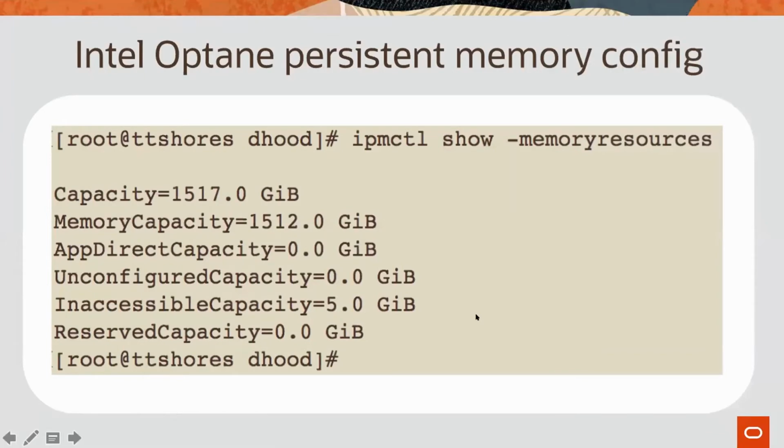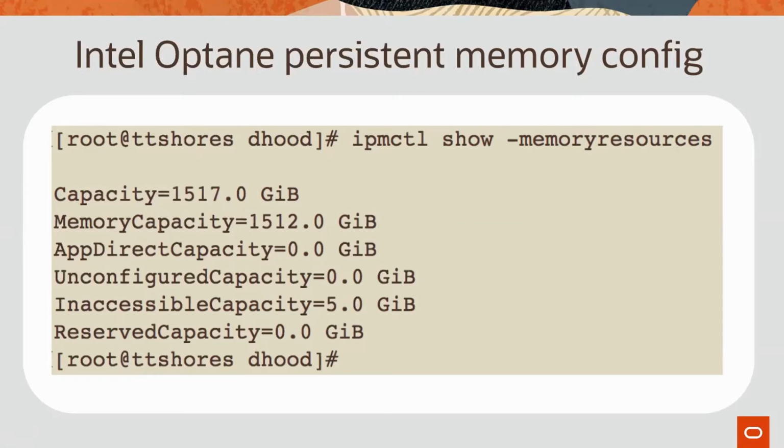So one of the things I learned is, some system admins set up the system. Don't trust what the system admins say. Check what's actually configured. So I'm using ipmctl to show what we've got there. In this case, App Direct mode isn't being used. It's all in memory mode. So for a lot of the testing I was doing, I wanted to compare App Direct mode versus